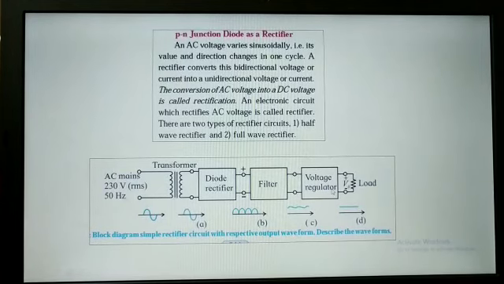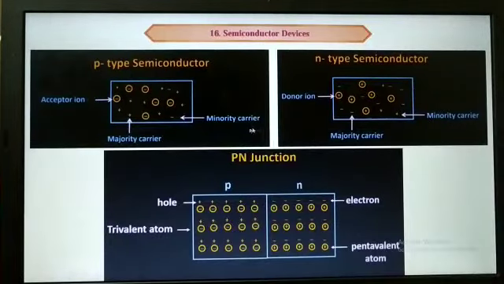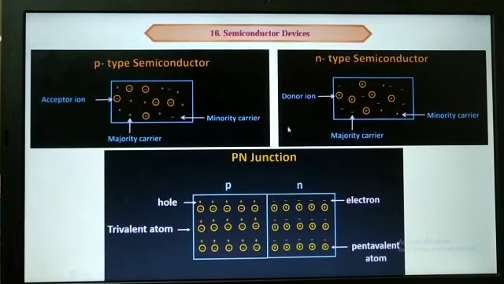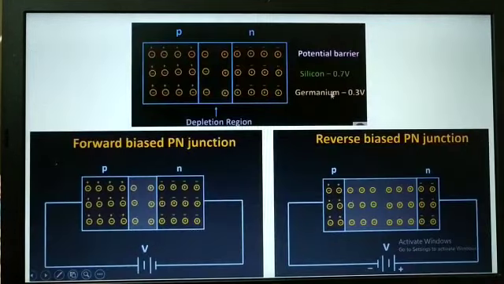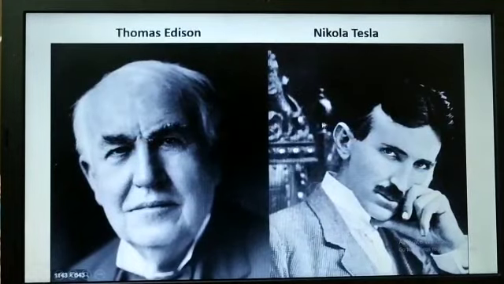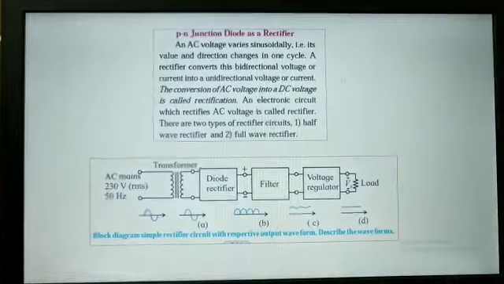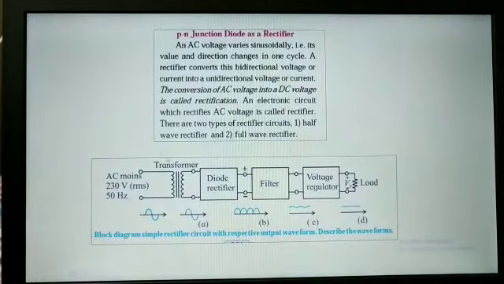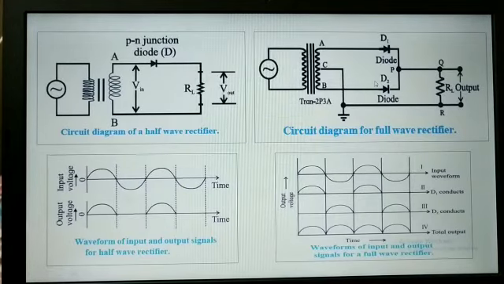Okay, so for today you just need to revise the things. What is P type and N type? Just open the book from 11th standard. What is a junction, P-N junction, and how it is formed. Then again, what is potential barrier. Then how forward bias works, how reverse bias works. Then if you want, you can go and Google about these two people. And then P-N junction diode as a rectifier, that is half wave and full wave.